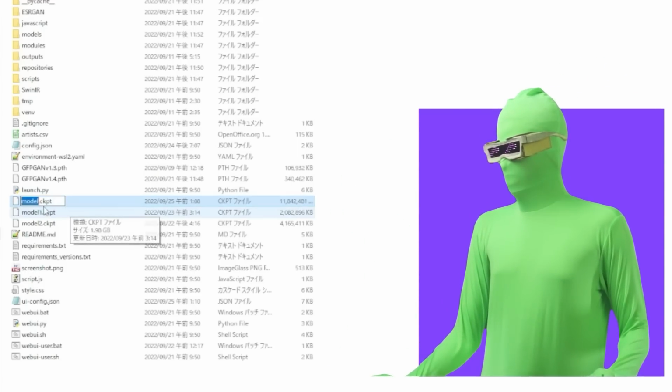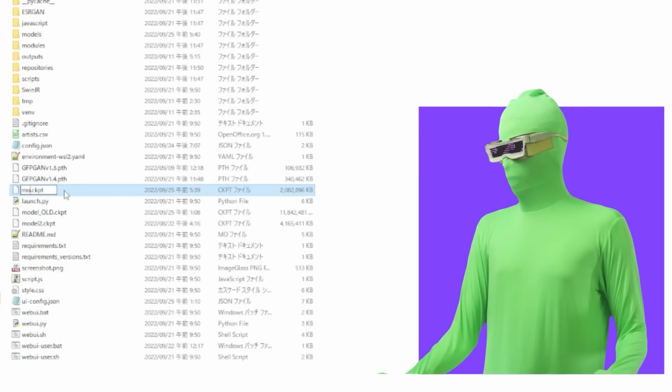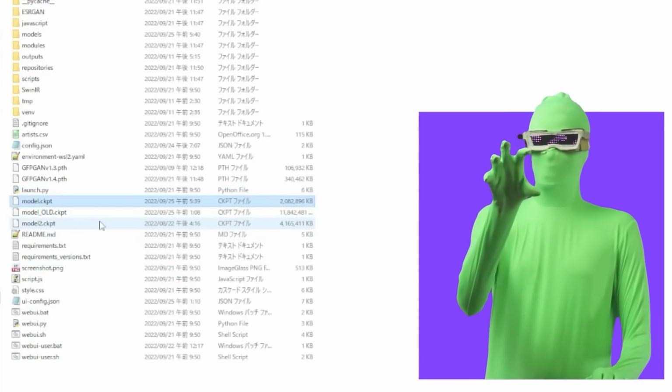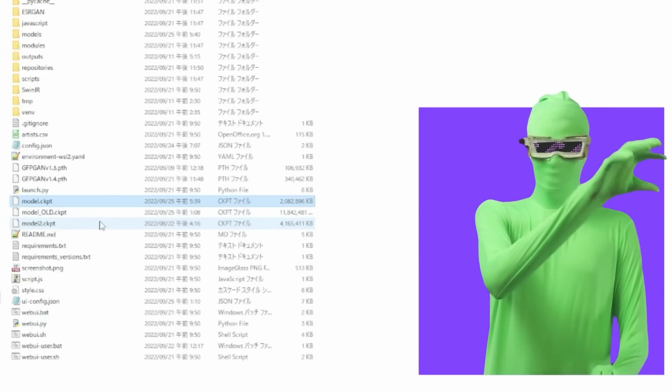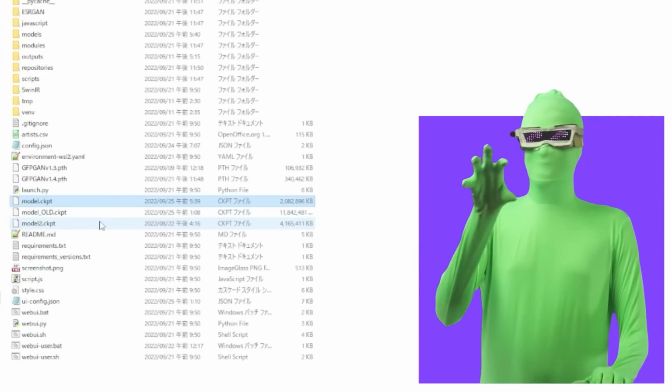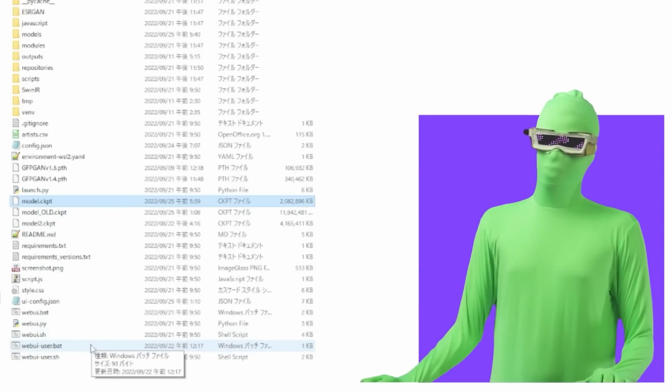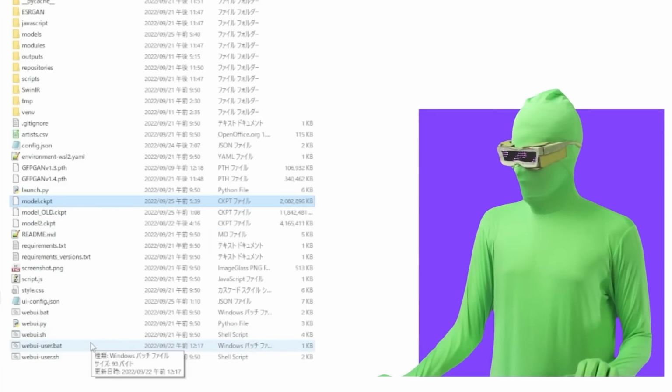So I'll just take my current model and come to where my file was downloaded. Wherever your file was downloaded, you're going to move it from there and put it in this folder. Now you want to rename it to model.checkpoint. Just do it like that, right? That's how it's going to work for most of them. Just replace the regular SD model with this file and name it the same thing because it works the same way. So great. Now we can finally, 5 hours late, actually test this out.